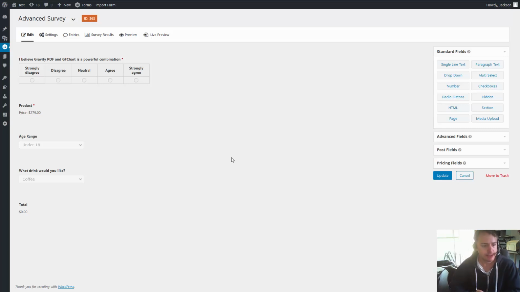Today we're going to look at how to set up GFchart so you can then include those charts in the PDF reports created by Gravity PDF Reports for GFchart add-on. Now before you get started, the first thing you need is to set up your Gravity form. It's important you set it up correctly and ask the right questions with the right field types so they can be used in GFchart. Gravity Forms supports a lot of different field types